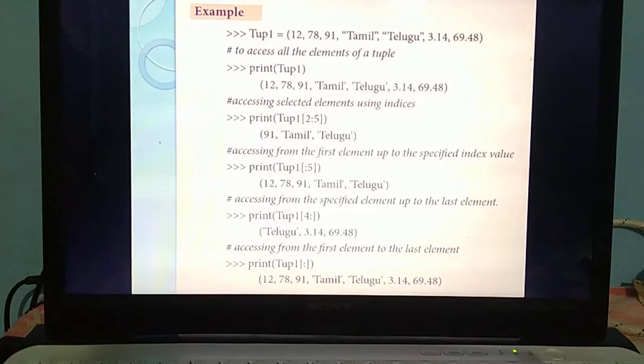Next, the same thing. How you need to access the elements in the tuple using index numbers. See, how you need to give the index numbers? Index numbers always start from the value 0. So 0, 1, 2, 3, 4, 5, 6, 7. Isn't it? So first you are going to access the elements without giving any index numbers. Without index numbers, how do you access all the elements? Simply you can give the print statement. Isn't it? When you give the print statement, all the elements are displayed.